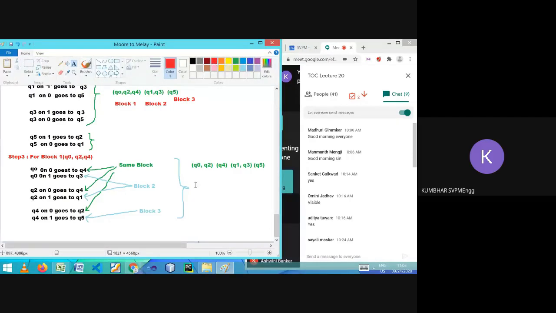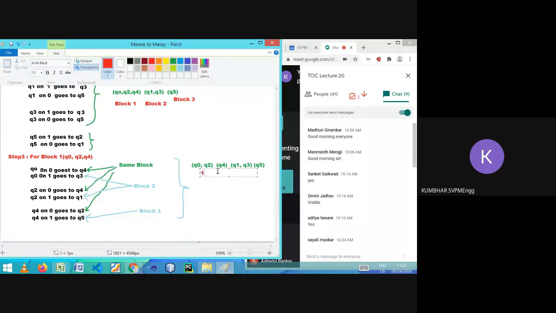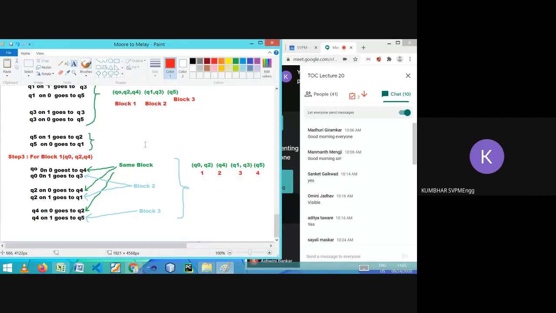So this will be our further partition after checking. Let me write now only the numbers. This is block 1, this is block 2, this is now block 3, and let's say this is block 4. All possible checks you have to do so that you can find any similarity or dissimilarity, and accordingly go further. Already 11:6 is there, so I will stop till this. Tomorrow, in the next lecture, we will go for the further steps to partition it. We have to repeat this step until no further partition is possible.